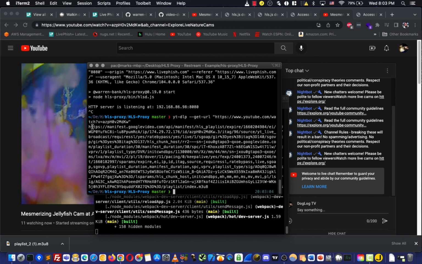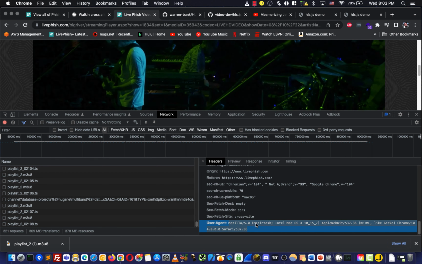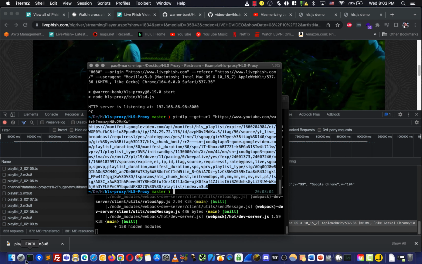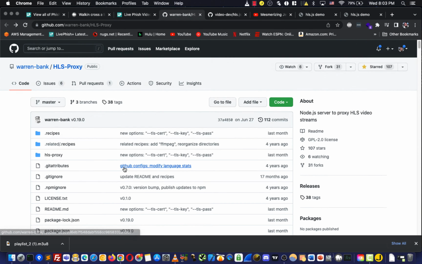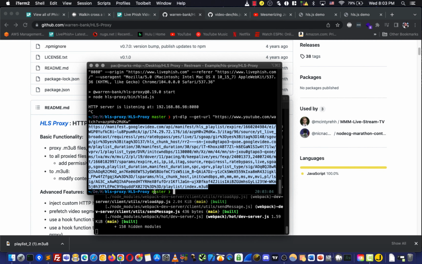So now what we'll do is copy this user agent, and we're going to use this as a flag inside of HLS Proxy, which we've installed. Remember, from Warren Bank. Here we go. And then